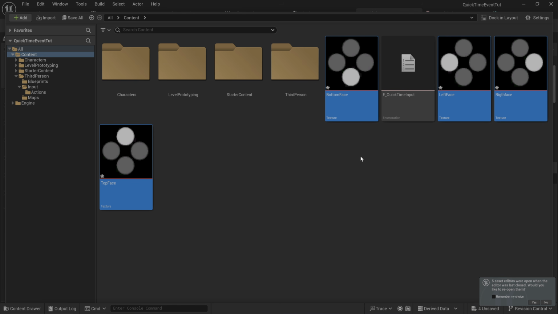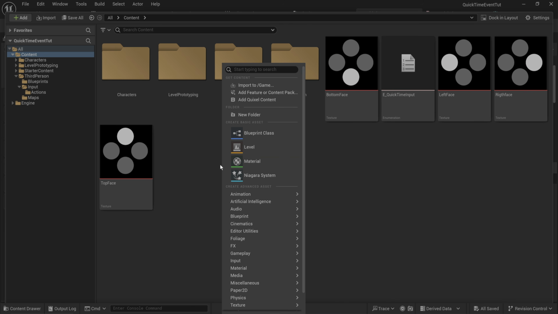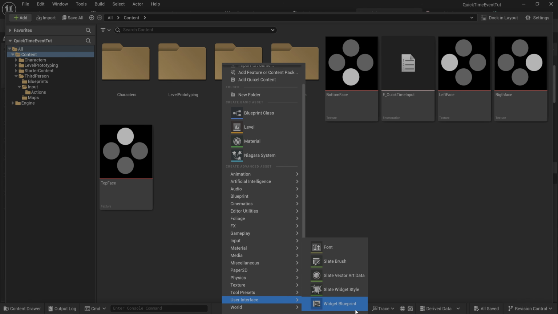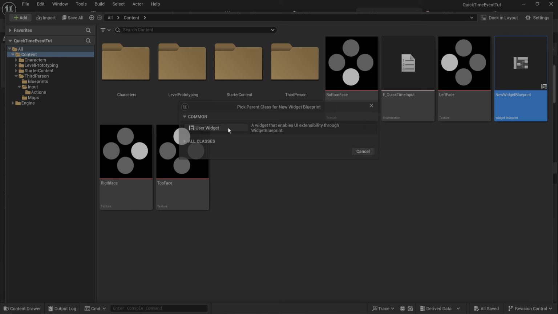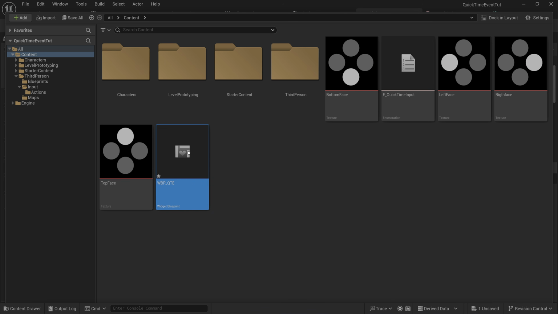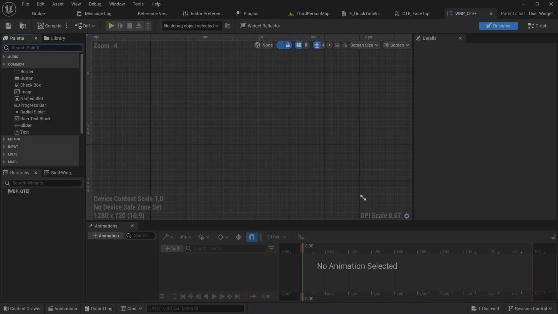These will be included in the project files as well if you go ahead and take the download, because we're going to be displaying these on the widgets for the QuickTime event. Talking about which, let's make that. So we make a new user interface widget blueprint, which will be a user widget, and we'll call this WBP QTE for QuickTime event. And here we just set up the QuickTime event widgets,